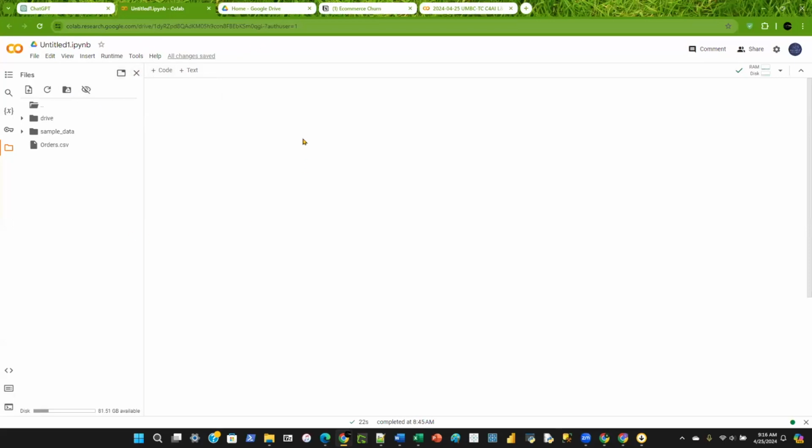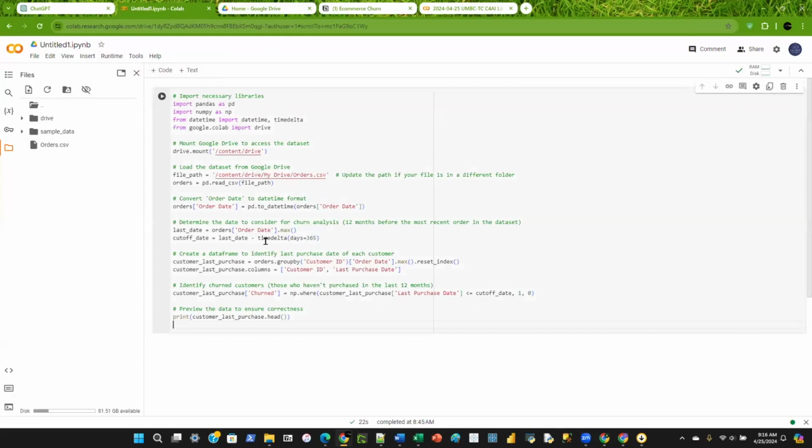And now, assuming you guys know what Google Colab is and it's connected to my home drive and I have the orders.csv file here, I'm just going to go in here and add a code block, copy this, and I need to remember, I just need to change this to my specific file path, which is orders.csv. It's at the parent directory over here. Everything else kind of looks fine. I'm just going to click on this to execute the code.